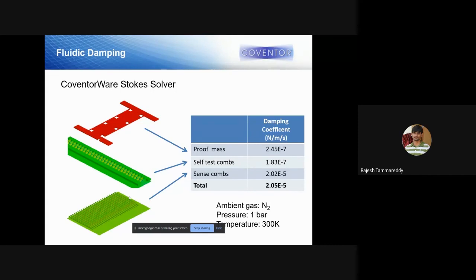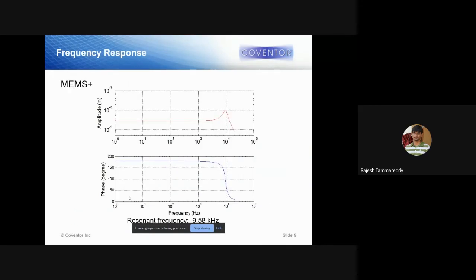So you calculate the damping for each section: for the proof mass, for self-test combs and sense combs. Use this damping for the simulations. This damping is calculated for a gas medium of nitrogen at 1 bar pressure and a temperature of 300 Kelvin. Once you find this damping value, it will be used in the simulations for the analysis.